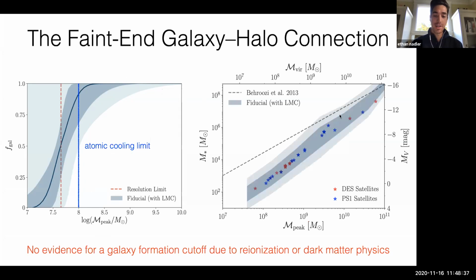But what we have detected is really evidence for the inefficiency of star formation in these small systems. Even though every single one of these small halos hosts a galaxy, the slope of the relationship between stellar mass and halo mass is actually quite steep, right? Such that star formation has been extremely suppressed in these small systems. And that's, of course, consistent with our understanding of reionization, effectively shutting down gas accretion and star formation in these very small halos.